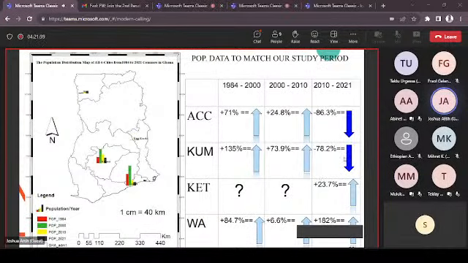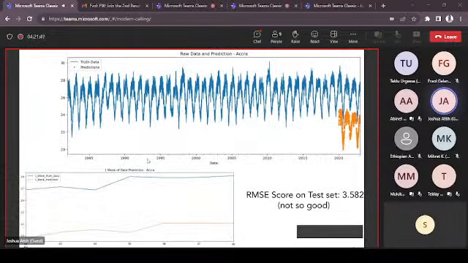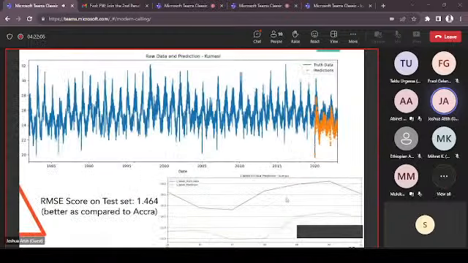So it means that population does not depend on our current study of temperature variations in these cities. We went ahead to predict short-term how temperature varies with POWER data using XGBoost, and for our training data we used 1982 to 2020 for Accra. I think that XGBoost didn't perform so well in Accra, so we had 3.582, which is not so good, and it did improve for Kumasi, which is